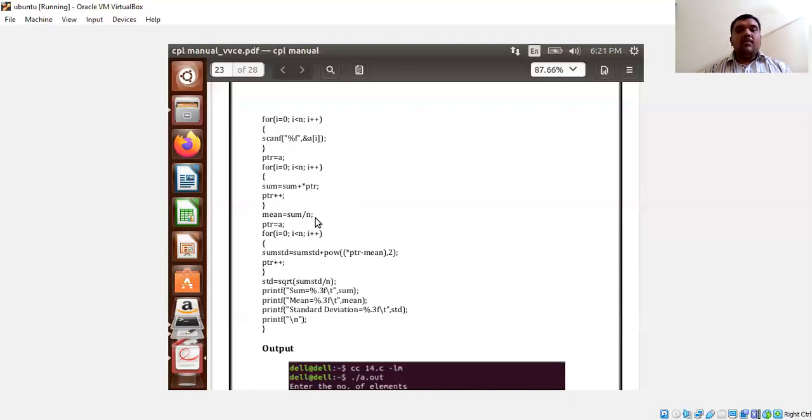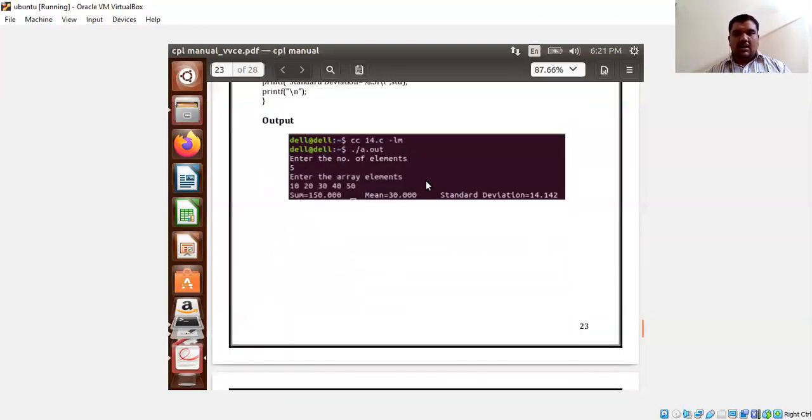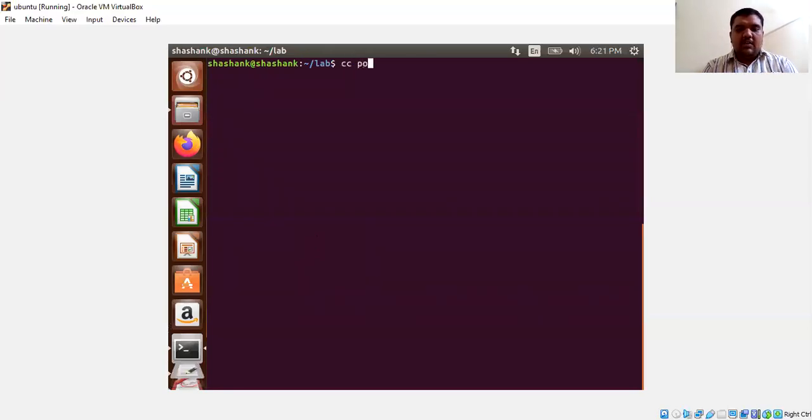So this is about the program. This program snapshot shows how it looks. Now let us consider how it works. Open the terminal, cc space filename.c, pointers.c. Is that enough to compile this program? No, this is not enough. Here we have made use of two important mathematical functions. First one is sqrt and second one is pow. Both are present in the math.h header file. I want to link that into my program. That's why I use -lm. Now press enter.